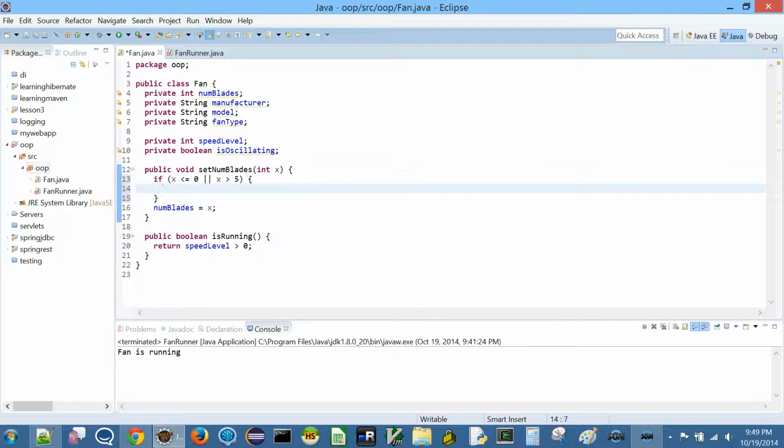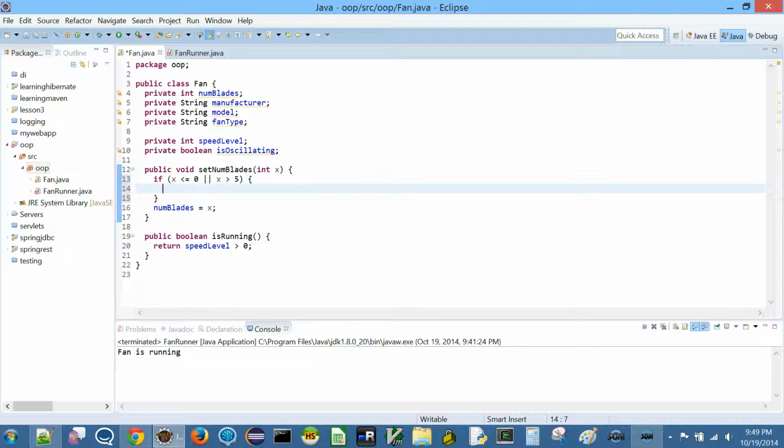We cannot have a fan like this. So we need to somehow not allow blades to be anything other than 1, 2, 3, 4 and 5. This is again something where we take our project requirements and then design.